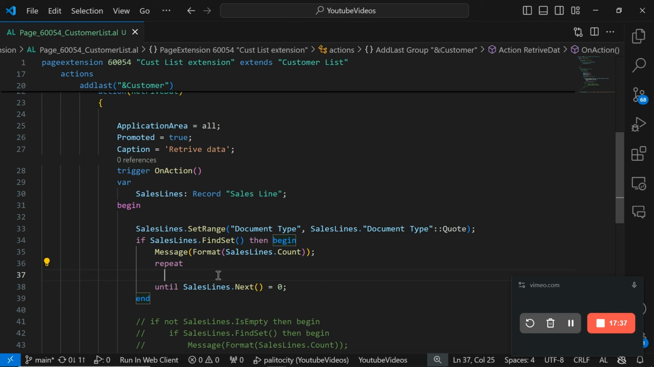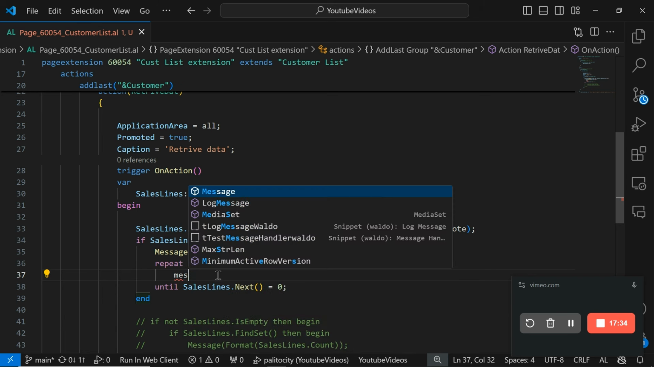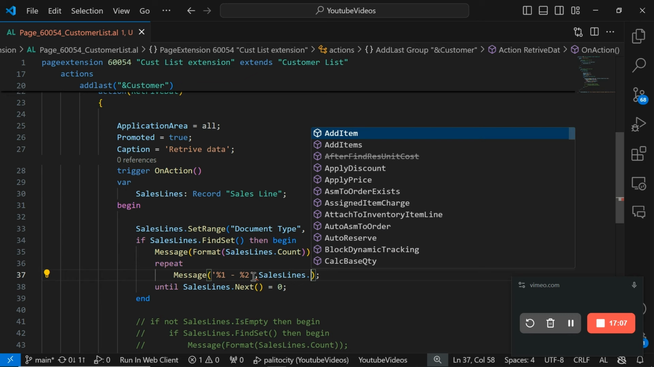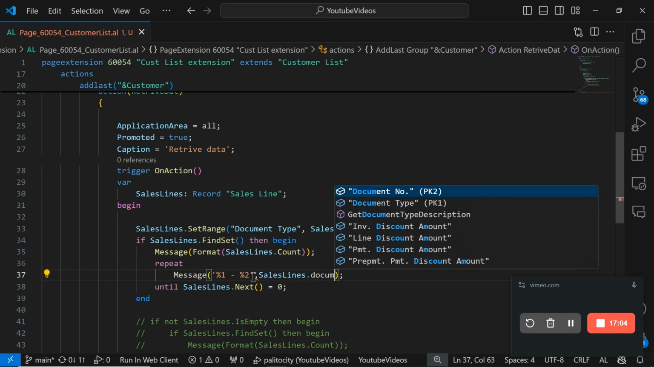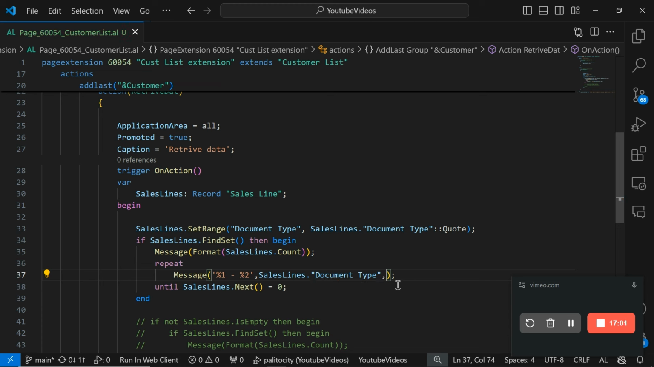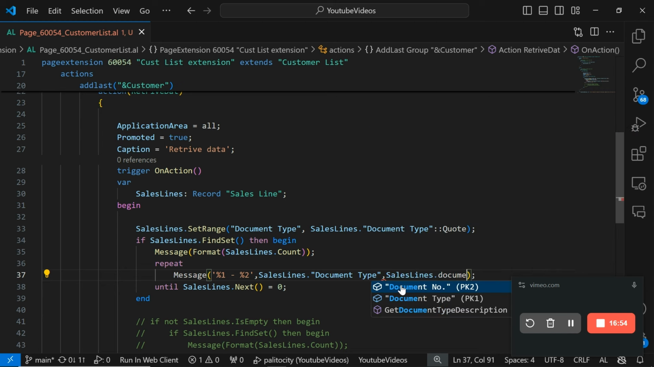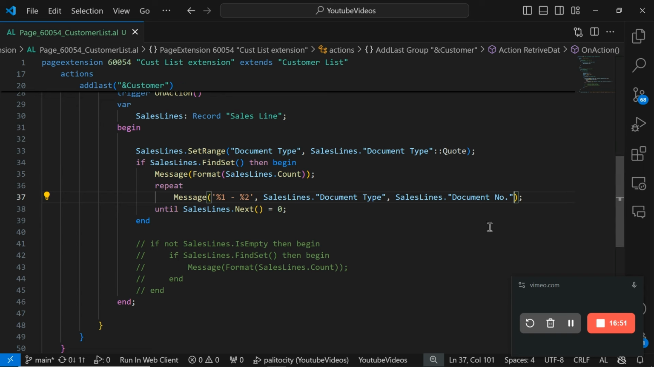So what I want to do here is, I want to message, in this case, I'm going to use a placeholder. So you're going to see what the placeholder does, and %2. So I want to retrieve the document type and also the document number. So I'm going to pass in the values for this placeholder. The first value, which is %1, I want to say sales lines dot document type. Alright, the second placeholder, which is %2, I want to display sales lines dot document number, which is pretty much